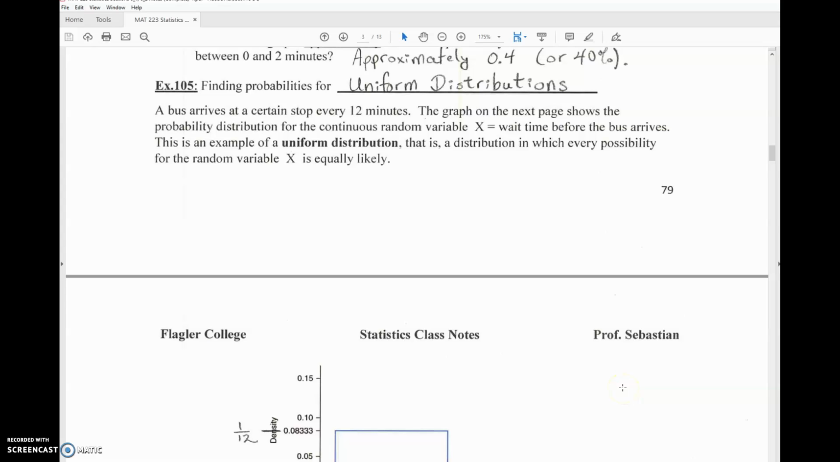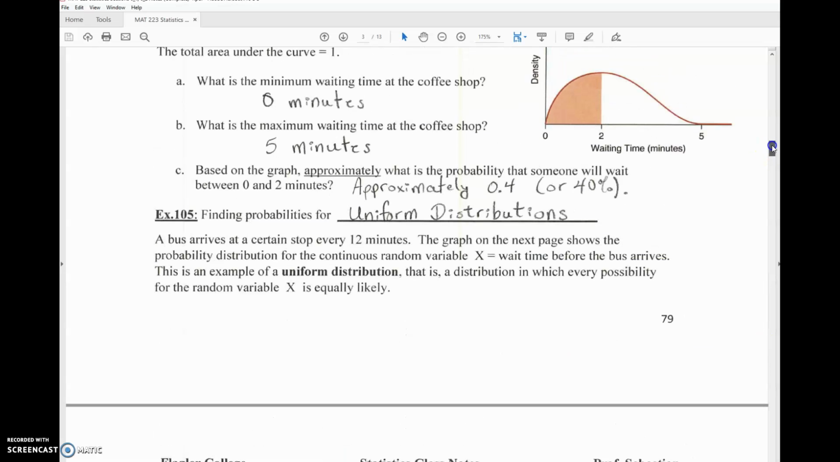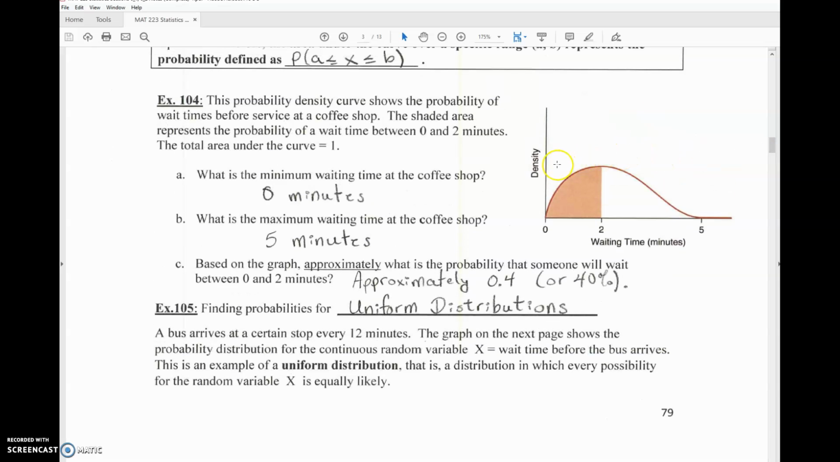Professor Sebastian, and we're in section 6.1 talking about probability distributions, and we just got done talking about a probability distribution for a continuous random variable, and you can see that we no longer can use tables or spike graphs. We have to use these probability density functions or a density curve, and the area under that probability density function over a range. This was an example of what's the probability of waiting between 0 and 2 minutes in this